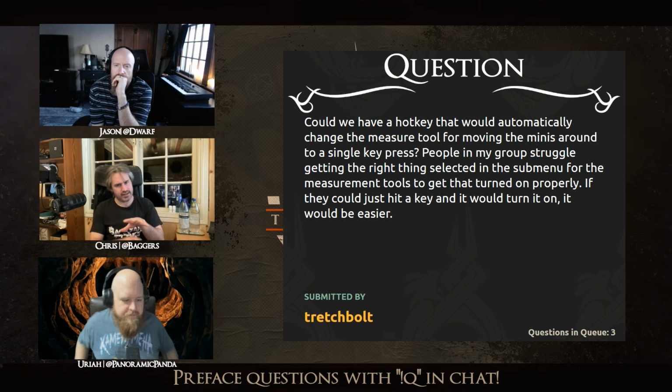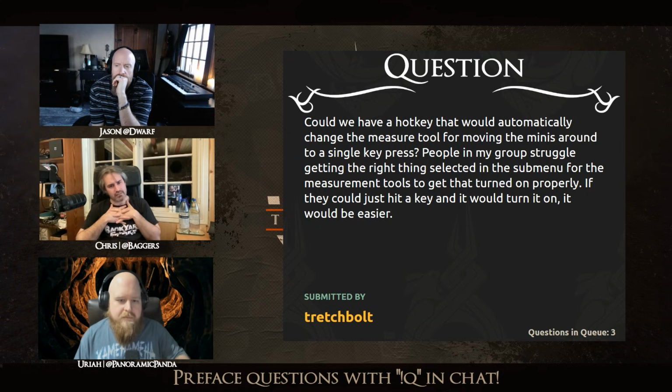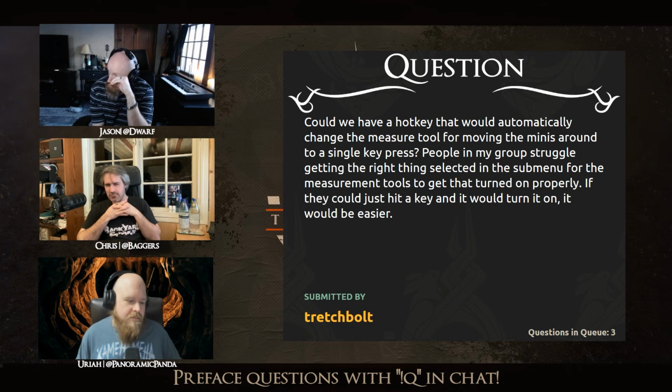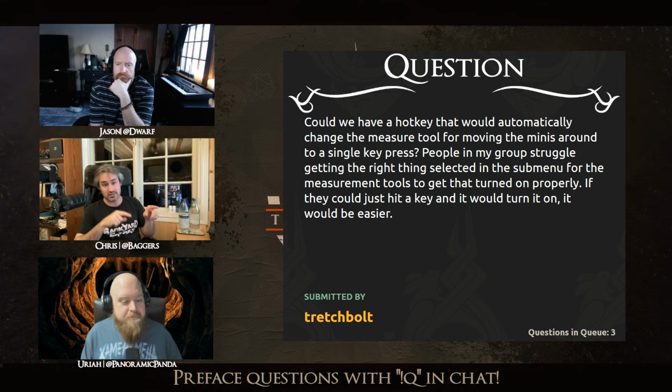Like you set it, and then whenever you pick up minis, it's on, right? That's not a standard ruler. It lives down there, but it's not a standard ruler. So I actually don't know the answer because I don't quite understand. I mean, it could be that they're toggling it on and off, that they don't want it on all the time. Yeah, maybe.